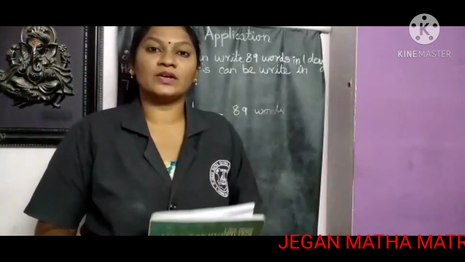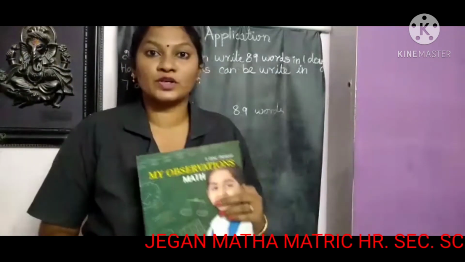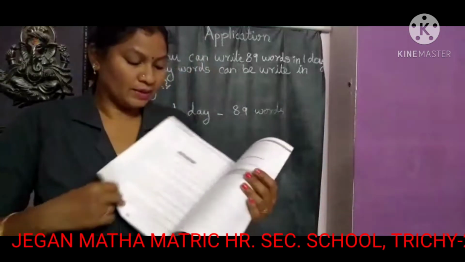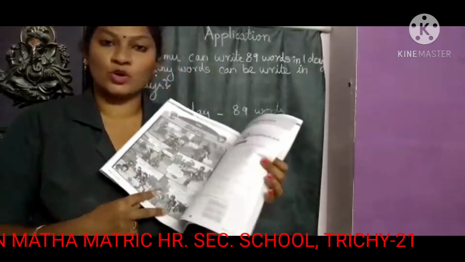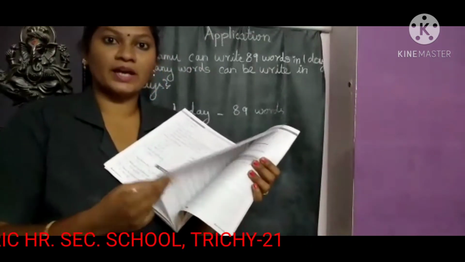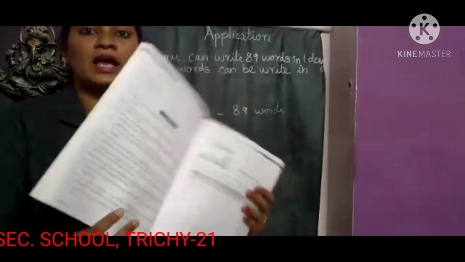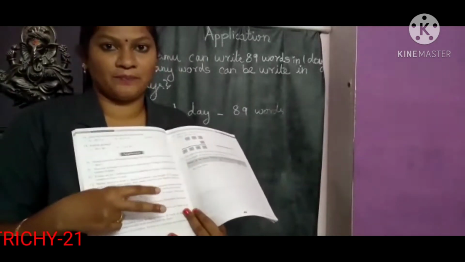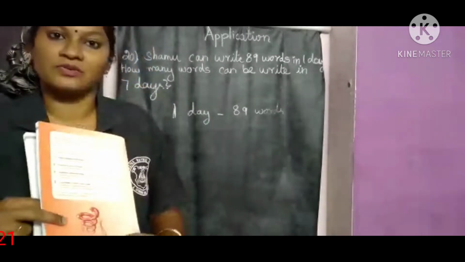So again today you are going to learn more about multiplication in your observation book part 1. In the previous section you learned about multiplication for the knowledge part and competitive skill part. So today in this class you are going to learn application sums, word problem multiplication sums. Okay children, come, let's see the first question.